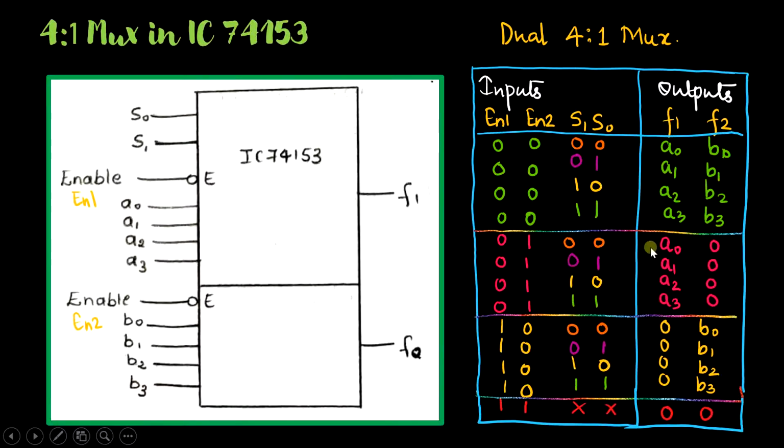The same process repeats for the third part, wherein enable 1 is high and the output is 0, and when enable 2 is 0, you have different outputs corresponding to the second part of the mux. Whereas when both the enable pins are active high, irrespective of the select inputs that you provide, the output is going to be 0.